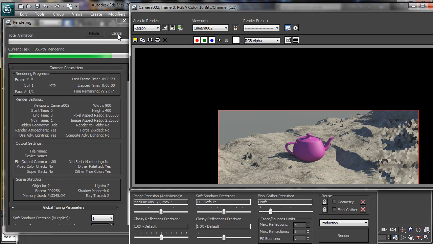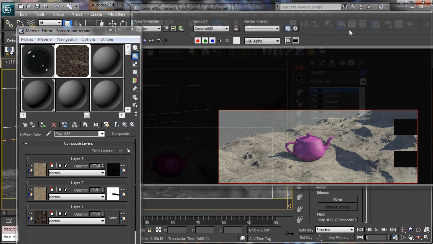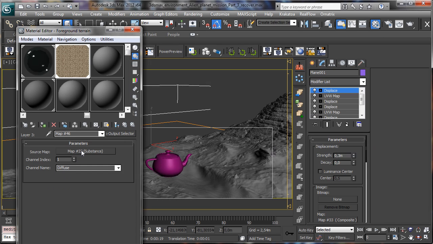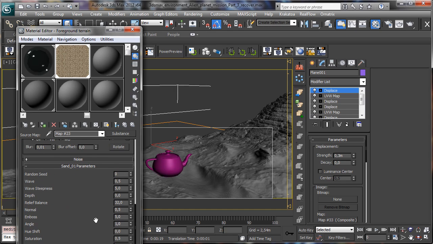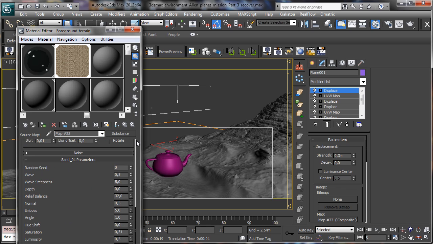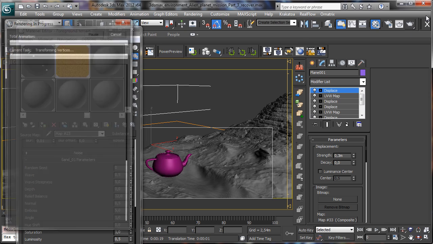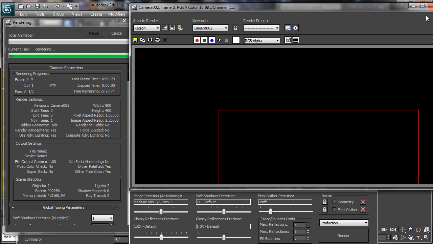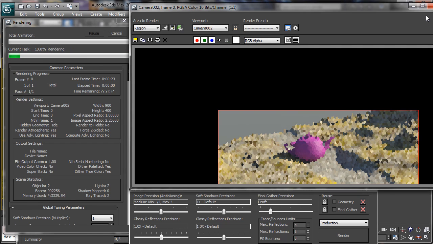I think that the areas are too big. So let's go there and let's change the color just to be sure. That these areas are not so big. Okay, now we see it. We can stop the rendering